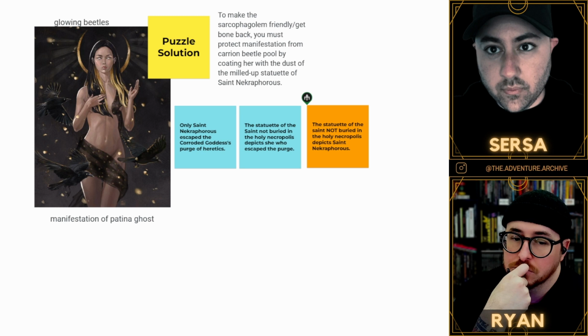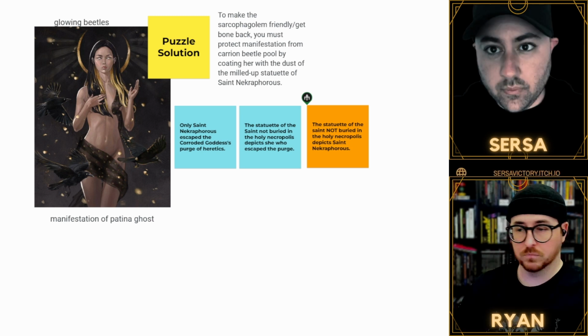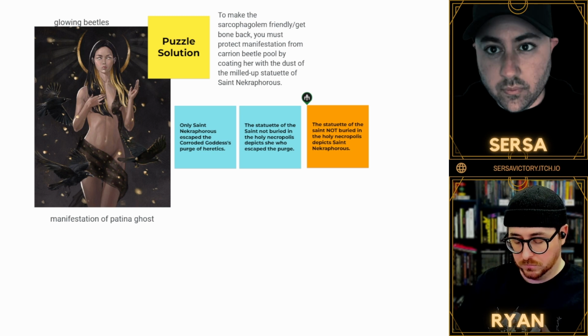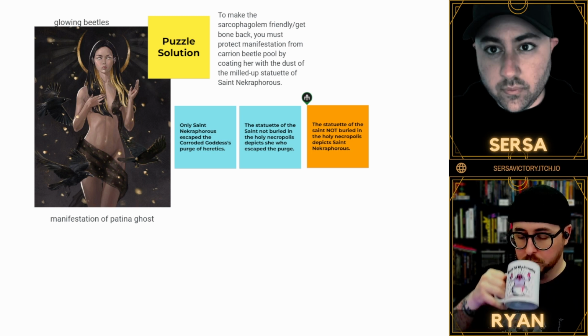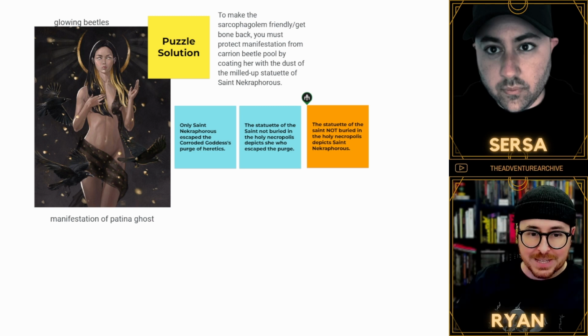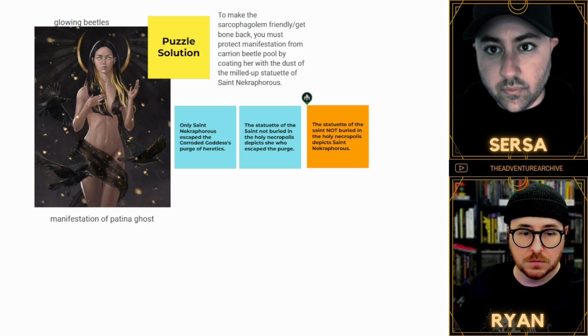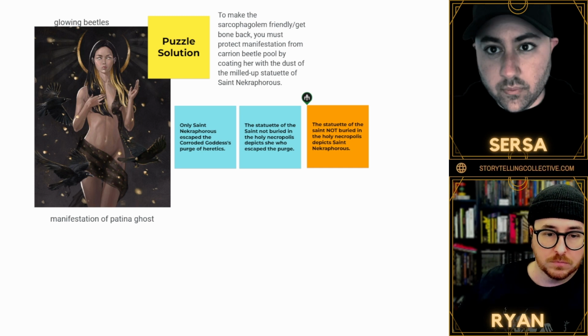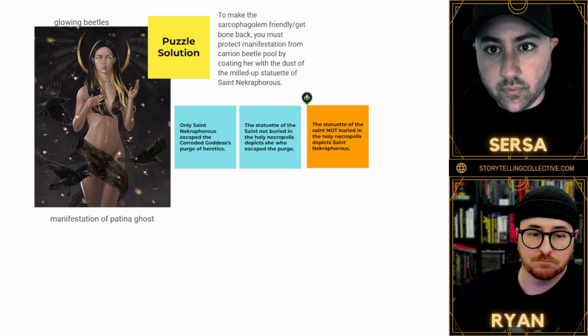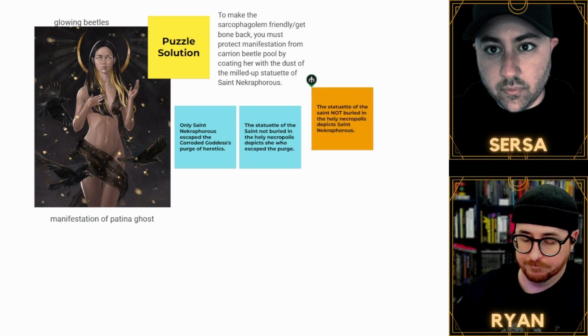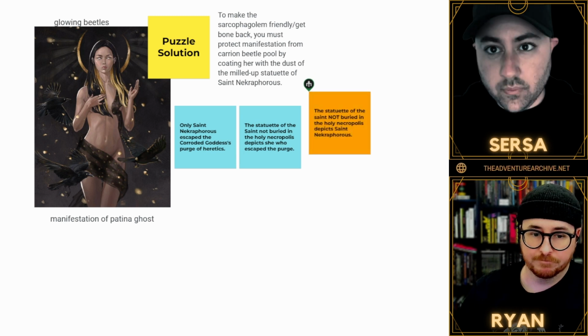the players know what the solution is up front, right? That helps them draw the conclusion or the syllogism. So what I'm imagining is there's a point where the players encounter the manifestation of the patina ghost, and she just says, hey, to get down there, I need to be covered in the dust of the one saint who survived the purge. Then the players can go off and know, oh, okay, we have these two little bits of information. These are relevant to the puzzle. We draw the conclusion, and then we can go and grab that statuette, crush it up, and cover up the